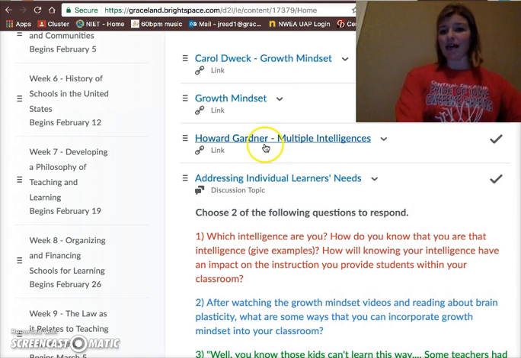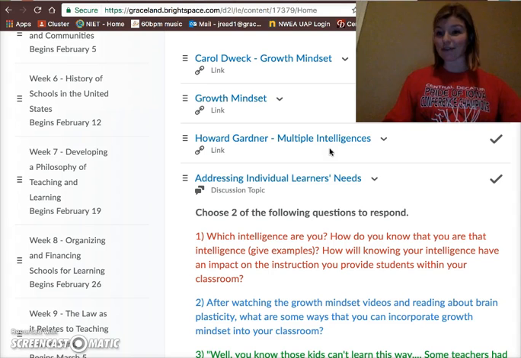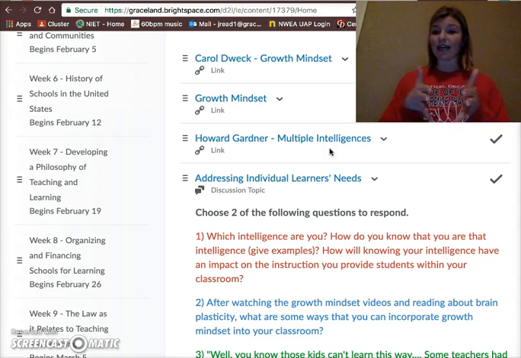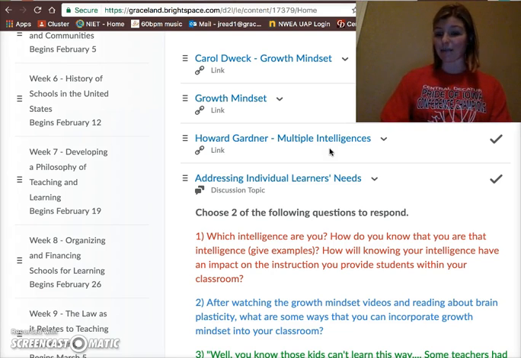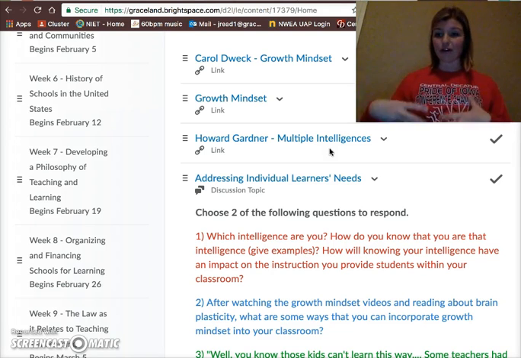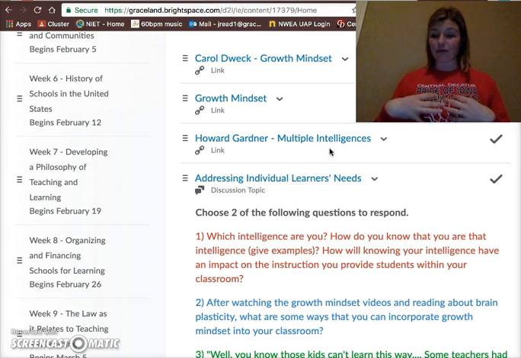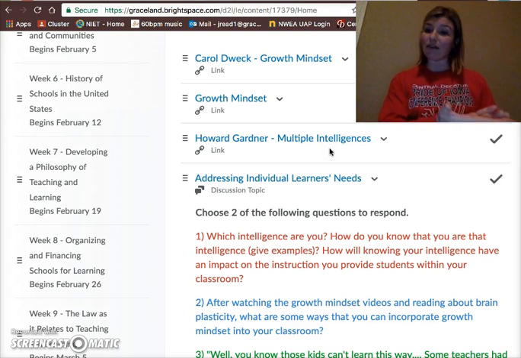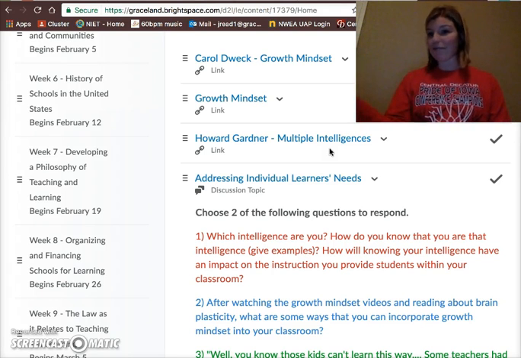Another big piece this week is about multiple intelligences. So again, when you have these between 20 and 28 students in your classroom, you're going to have multiple intelligences. Howard Gardner has a lot of research around multiple intelligences, and this week I'm going to ask you to reflect on your own intelligences as a person, as a teacher and a student, which is something that you're going to need to know. How do you learn? And if you learn in those ways, it might be easier for you to meet those intelligences within your classroom, but how do you meet the students' intelligences that maybe aren't yours? That's something that you have to think about as a teacher.